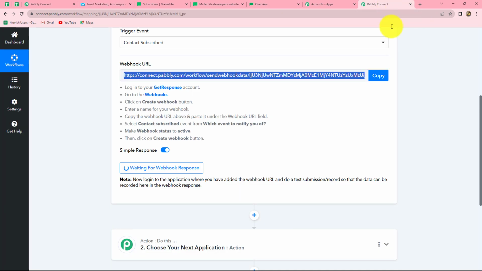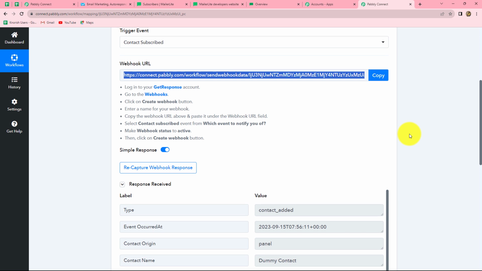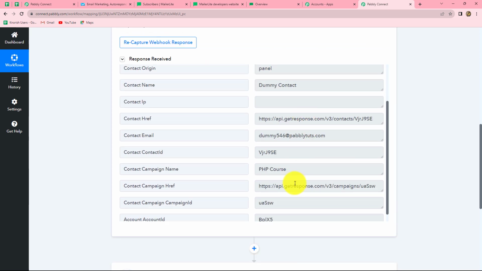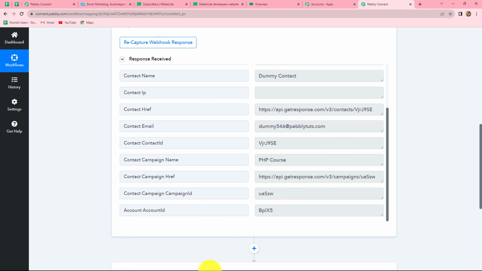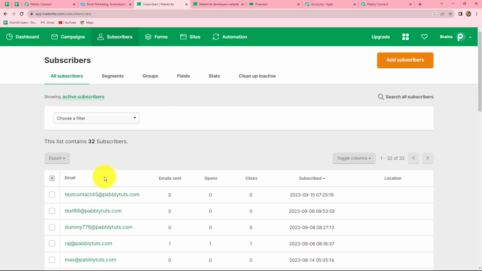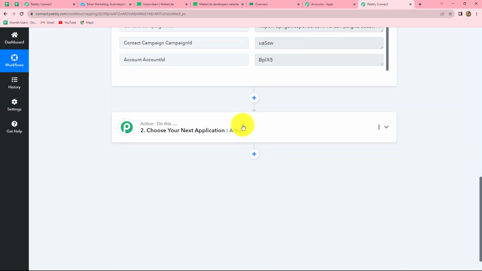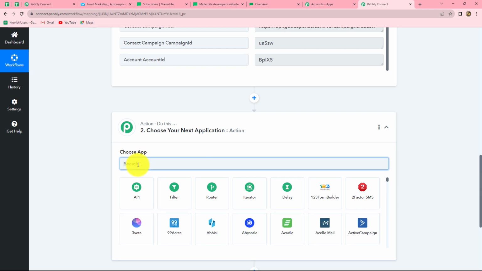Now we will go to Pabbly Connect, and here we can find that we have received the response with all the details of the contact which was recently added in GetResponse. Now we will send this particular data to another application. Let's suppose in this workflow I want to send this data to MailerLite in order to create a new subscriber using the GetResponse contact. To send this data to MailerLite, we are going to use API by Pabbly. So let us select API as our action application,